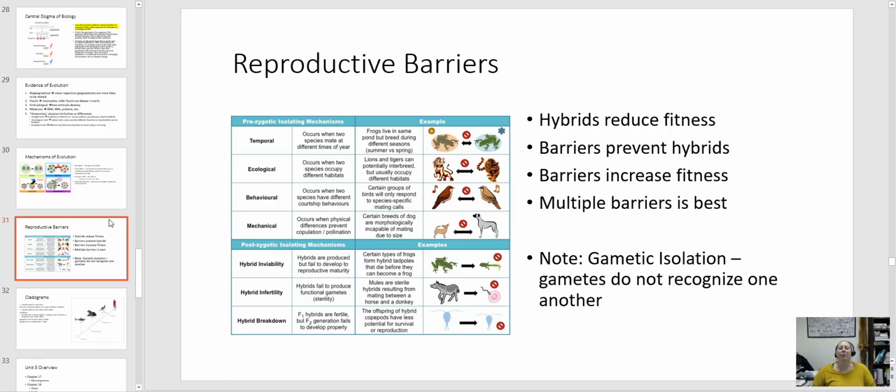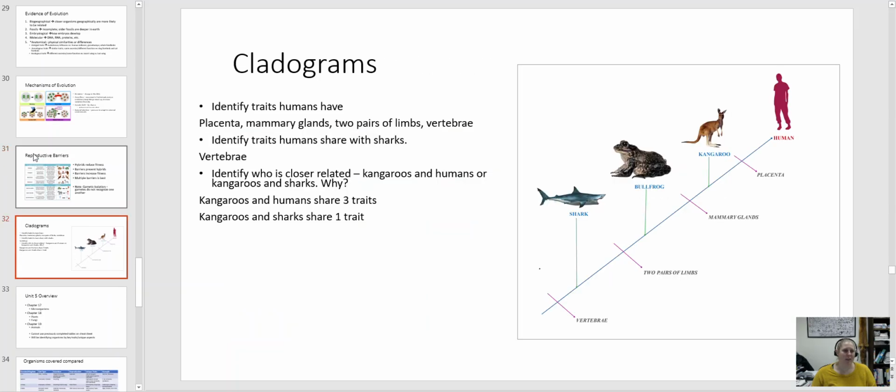Okay. And then hybrid breakdown is when the first generation seems like it's going to be great, but future generations are not viable and therefore reduce future fitness of those individuals. Okay. We did talk about cladograms in both Unit 4 and Unit 5, so I threw it in here,